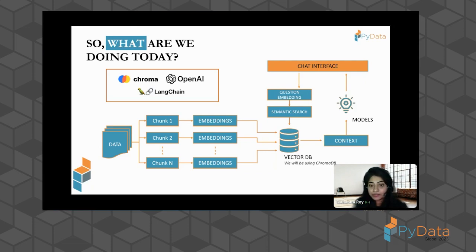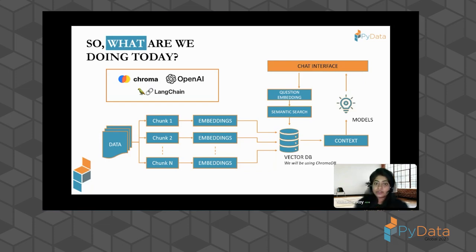So every time you process any kind of PDF or any kind of data, you have to refresh your vector DB. Today I've used a random PDF for this presentation that I have vectorized and put into the database. If I change that PDF, or I add in more PDFs, I'll have to refresh that entire code for creating the vector database so that it refreshes with the new embeddings, and then you can ask questions related to those PDF information, and then you get the context, you feed the context along with the question that you asked to the model, and then you show it on the chat interface.